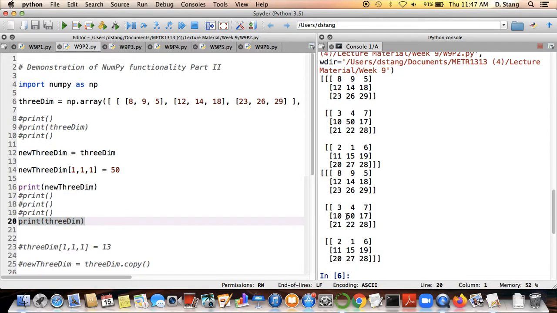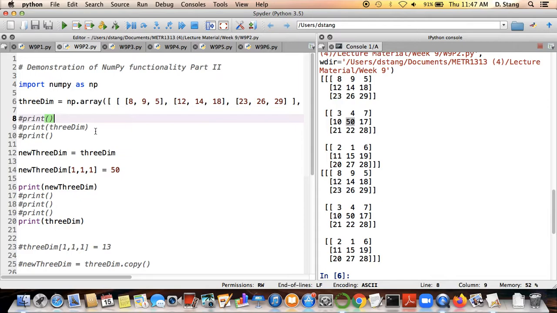And you can see the change that I made to this array was also made to the original array that we started with. This seems really confusing, and the explanation as to why this is the case can be really complicated, but in the interest of keeping things as simple as possible, this is just a consequence of how the computer's memory holds on